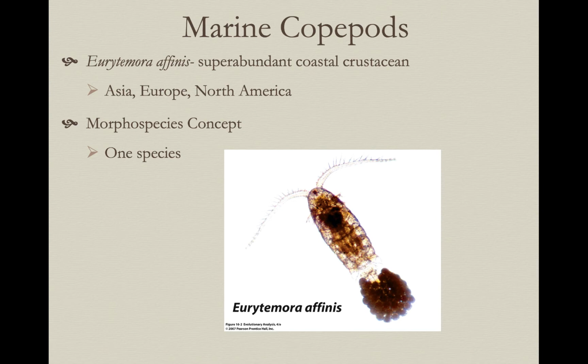So let's give some examples of organisms in different lineages that could represent different species and how we could apply each of these species concepts. Here we have a species of copepod. Copepods are incredibly abundant coastal crustaceans, and this species is very widespread. It can be found in Asia, Europe, North America, and if you just look at them, they all kind of look the same from all these populations, and so using the morphospecies concept, you'd say, yeah, this is just one